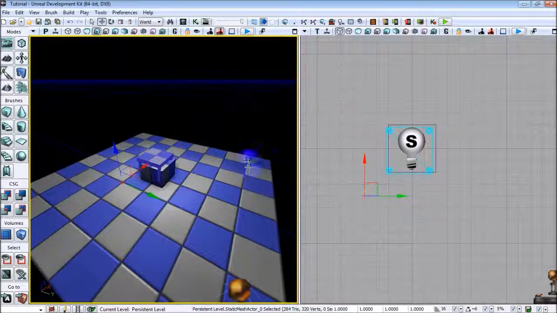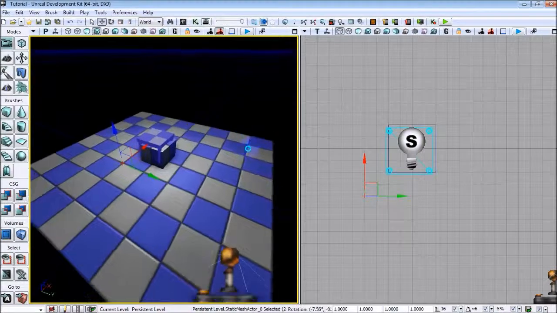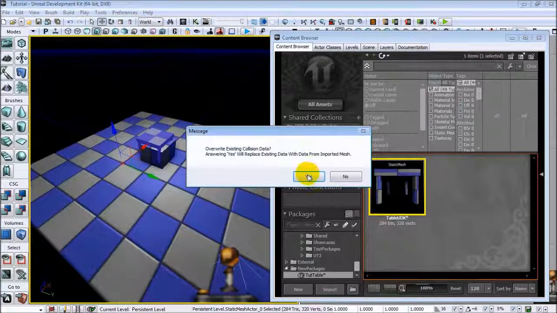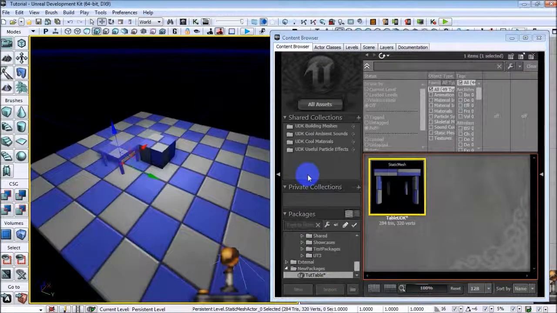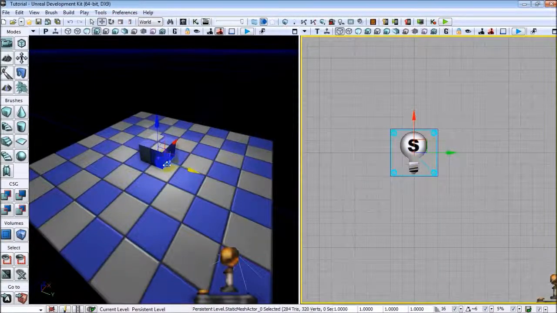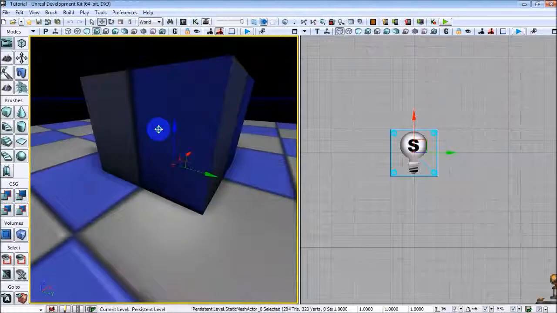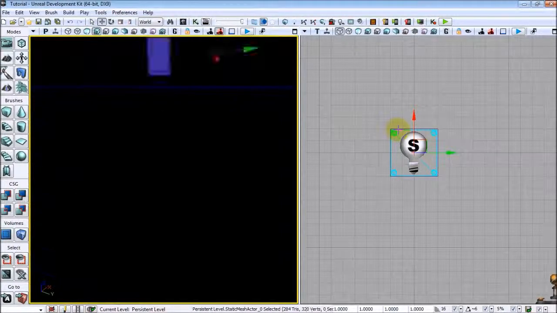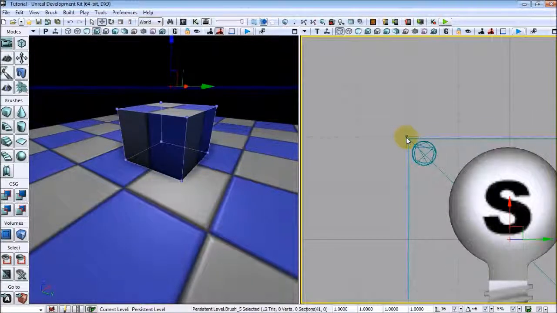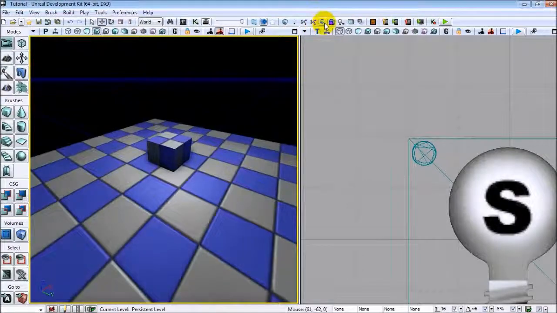So back into UDK, if you've made that mistake but you still have your object here, and you want to remedy that, right click the object, go to Reimport Static Mesh, yes, for overriding collision, and it should fix the pivot point. See how perfectly it fills the space like the original. So now you can delete your original box, build all,